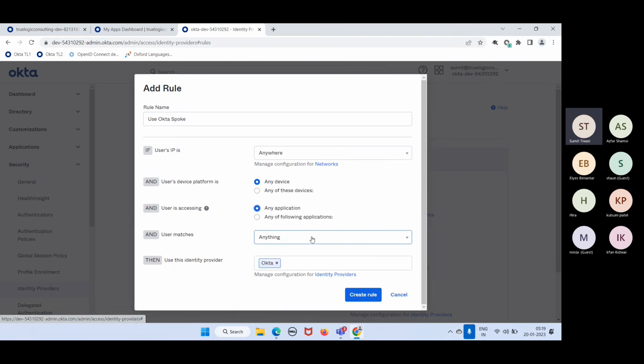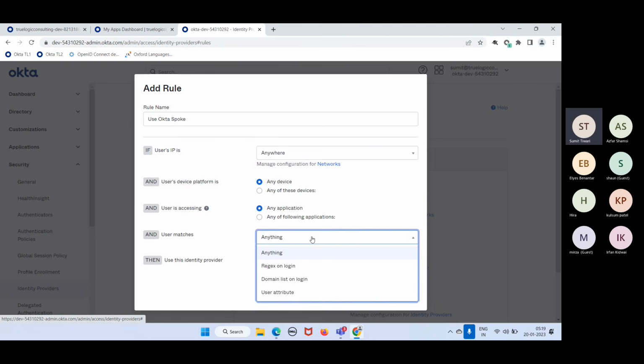Do you want to target any specific user or set of users? We can do this based on a domain list. Like if we have users coming from abc.com, they would only go to other Okta for authentication. Users coming from accenture.com would only go for other authentication because we know that accenture.com is not our domain. So basically these users are coming from some other Okta and you need to send them to their Okta for